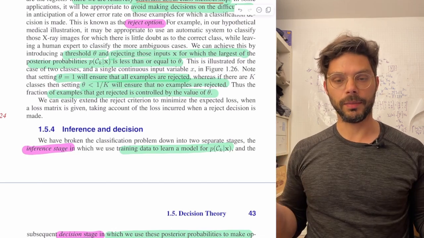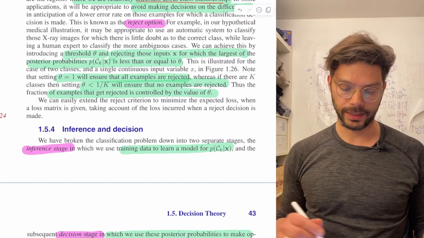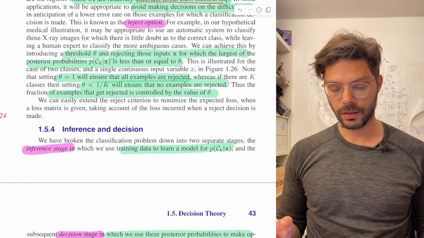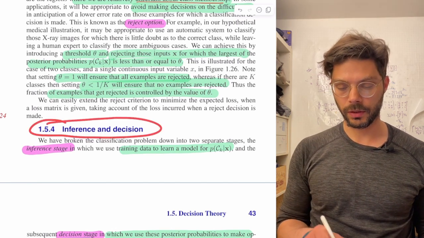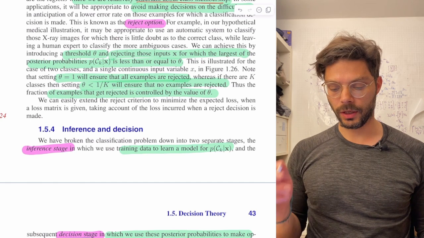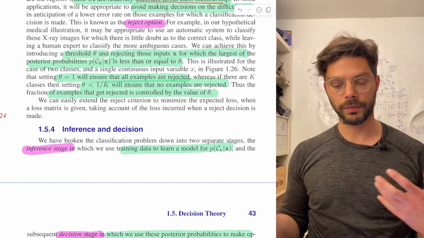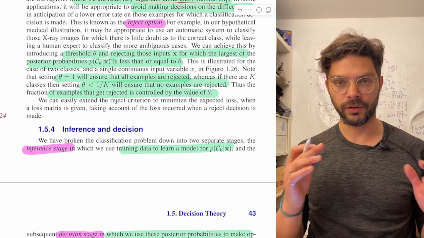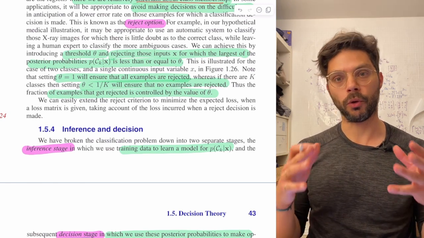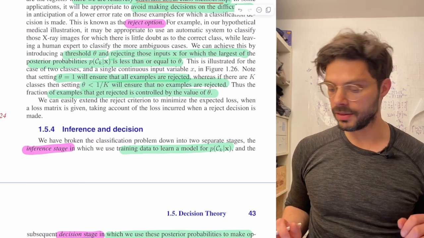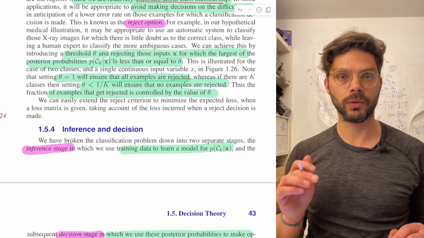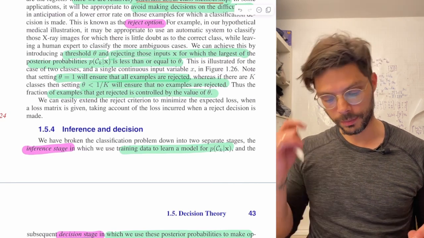Okay, so we're going to talk about a slightly longer section today, 1.54 on inference and decision. It's a longer section, but I think there are some really important ideas here about our approach to decision problems. And there's actually one really quite profound and important figure that we'll discuss as well, which I thought was really cool. And yeah, I'm really excited to talk about it. Okay,